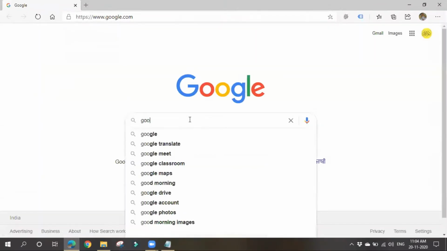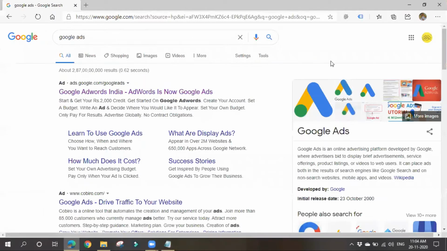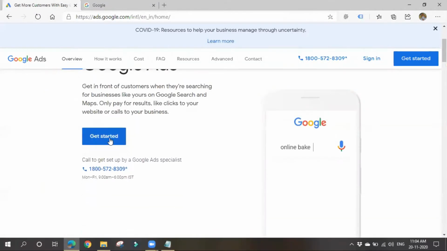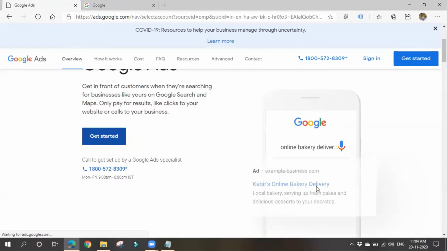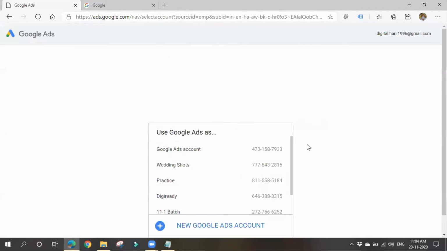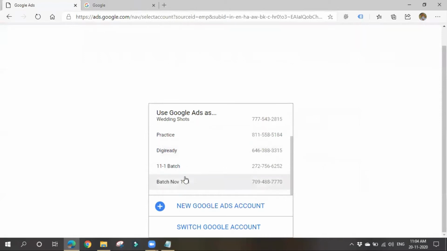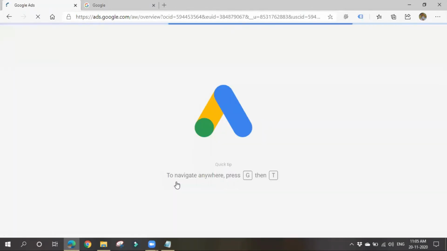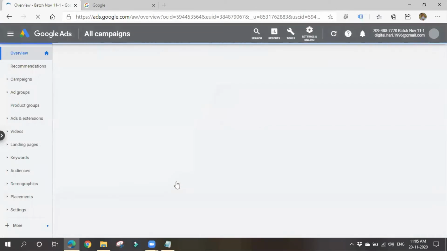So let's go to our Google Ads. So this is it. In order to use Google Ads, we need an internet connection, and whatever changes we make in Google Ads will be updated at the same time, right? But in the case of Google Ads Editor, we can manage our Google Ads campaigns offline, without an internet connection.